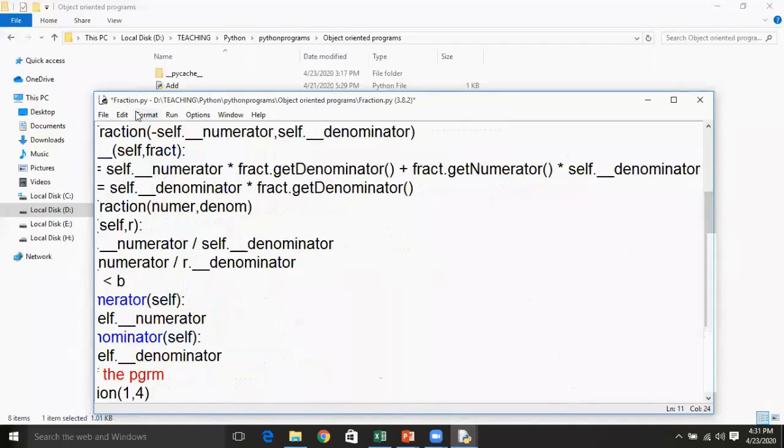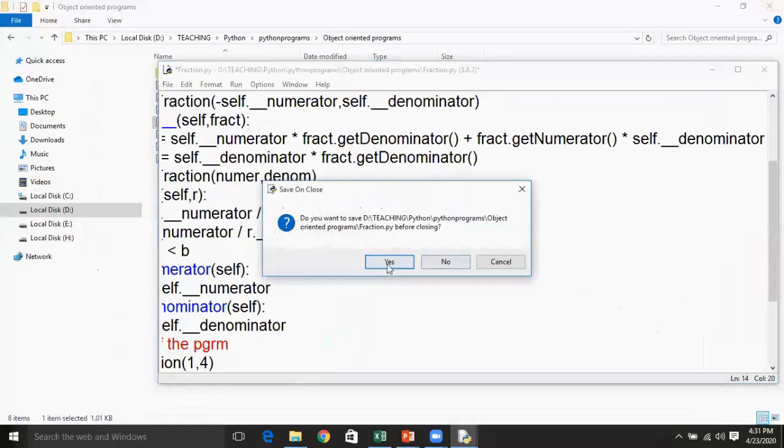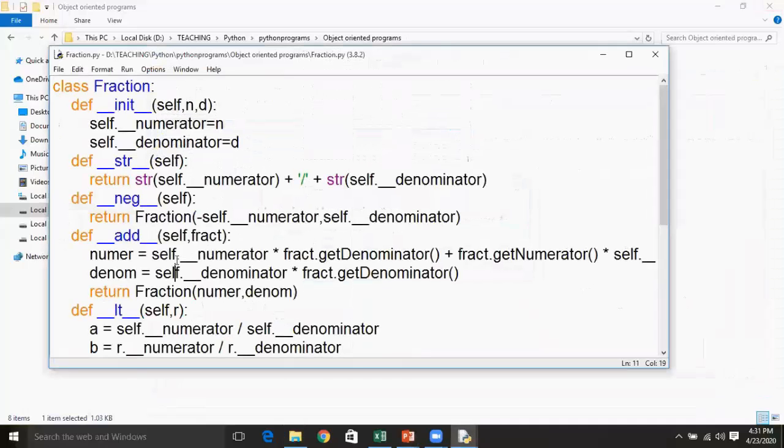So you are mathematically calculating the values for numerator and denominator, and then that numerator and denominator are sent to Fraction. This is the way you call an init method.